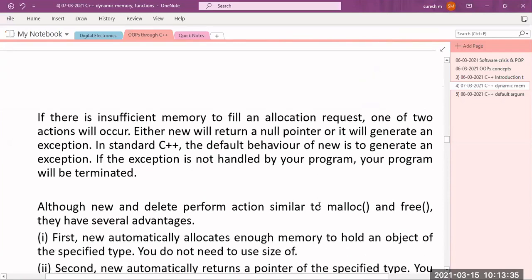Okay, if there is insufficient memory to fill an allocation request, one of two actions will occur.